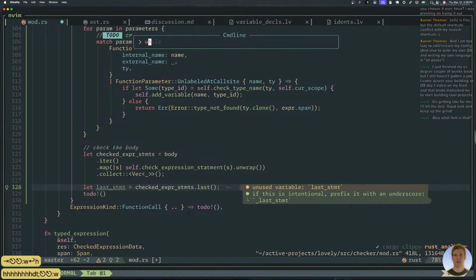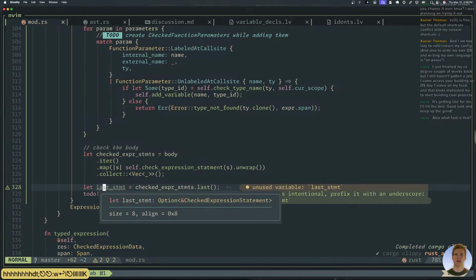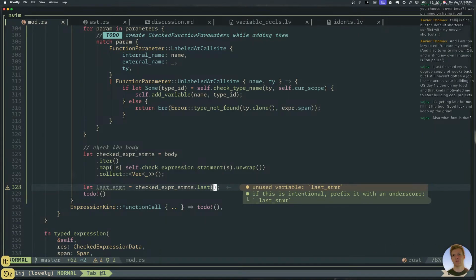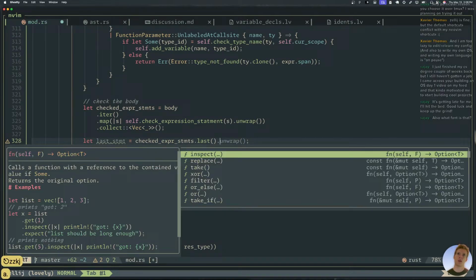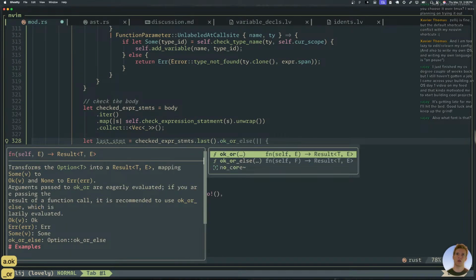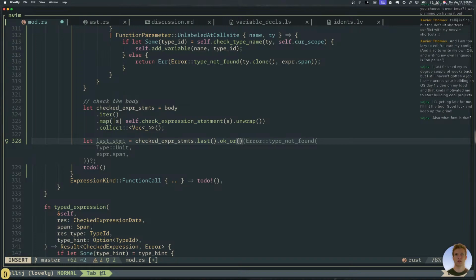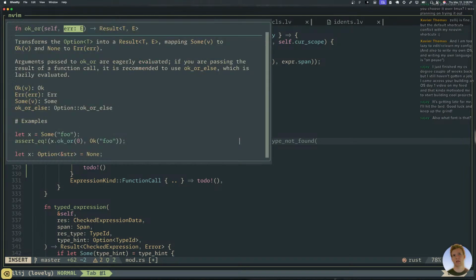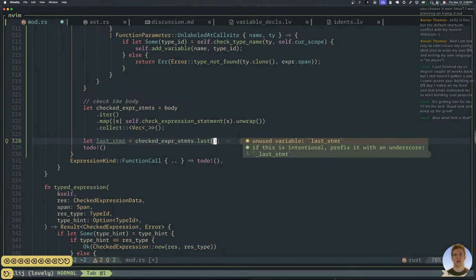Why is it returning an option? Last. Okay, should the function be forced to have a body? Not necessarily, right? If it doesn't have a body, it just returns a unit.